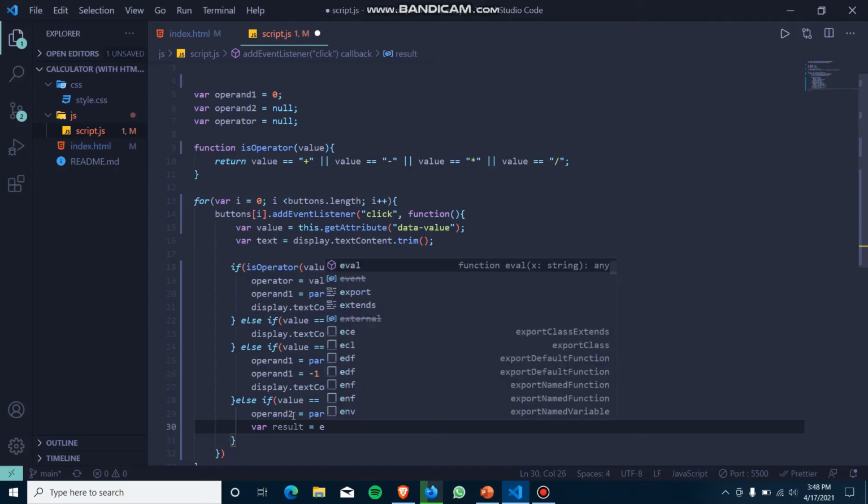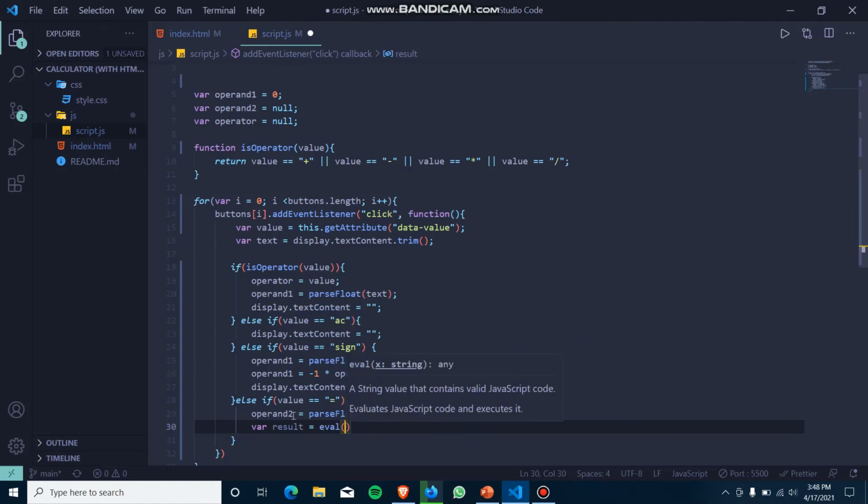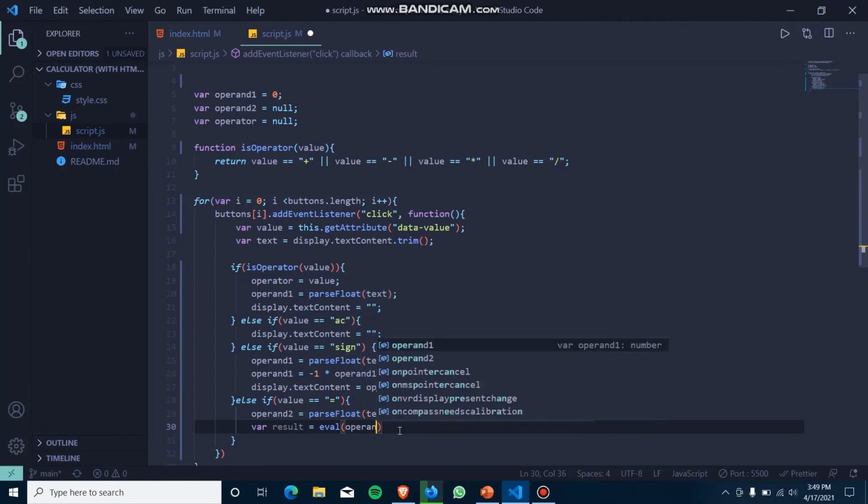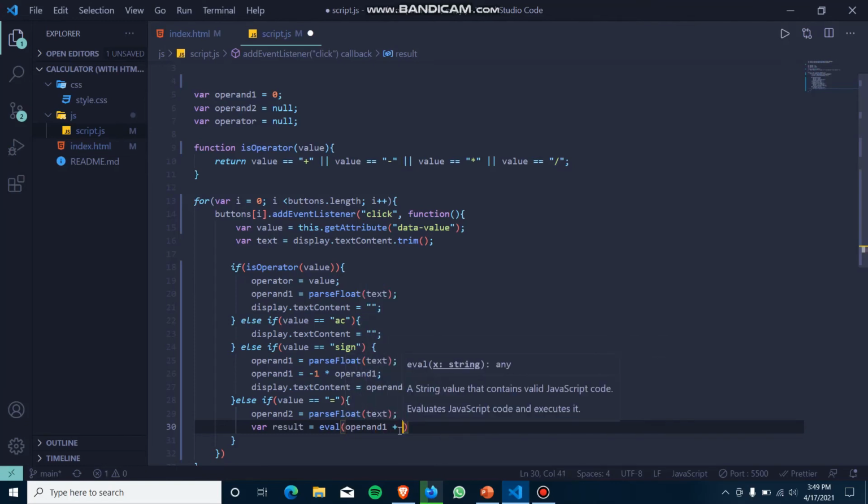So for that we are using the eval function here. So what it will do, here you can see where it is written, it will evaluate the JavaScript code and execute it. It means it will take the string inside this and convert that, and then execute this code. Okay, so for that we have to write operand1, the first number which we have selected, plus the operator